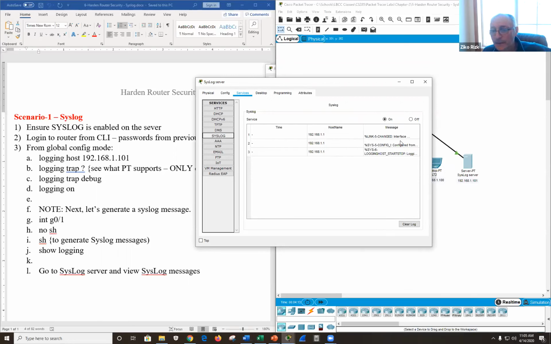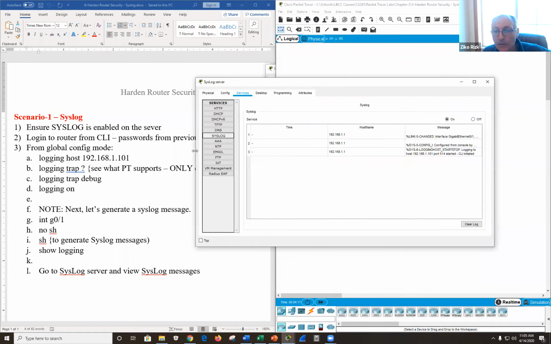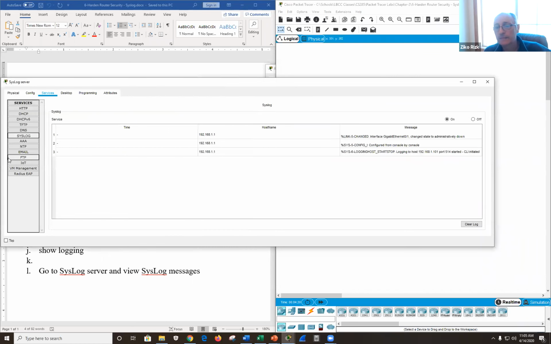Can I make it bigger? Voila. Okay. The one thing I didn't do is capture a date timestamp, which is super important. But again, we're running into the Packet Tracer constraints, limitations. So logging isn't a difficult thing to explain, nor is it a difficult thing to enable. And it's a must. In my IT experience, logging is a must.